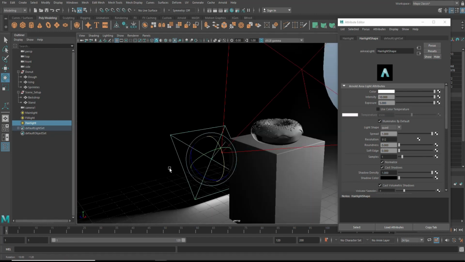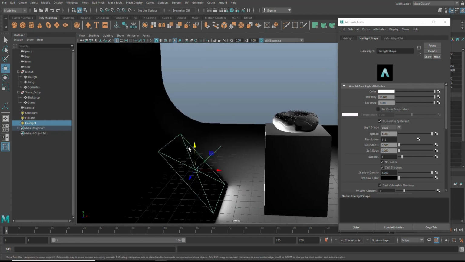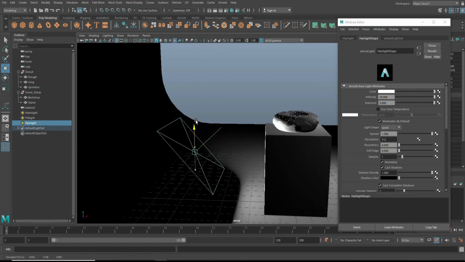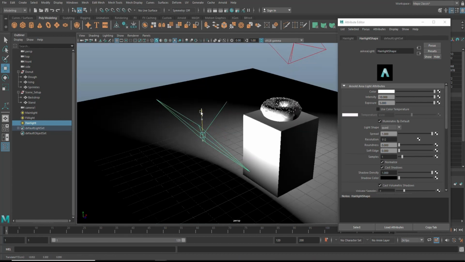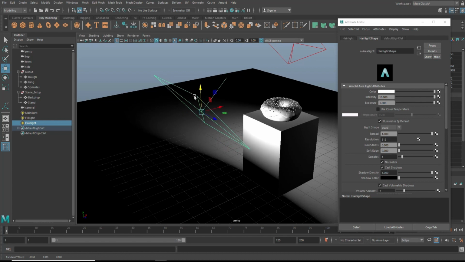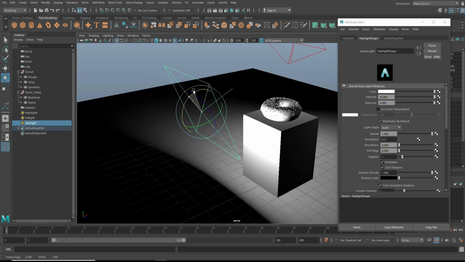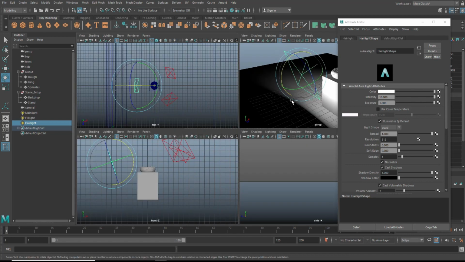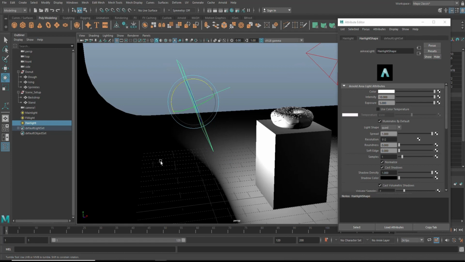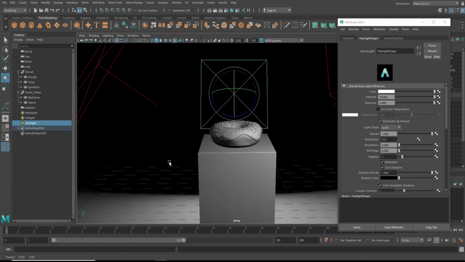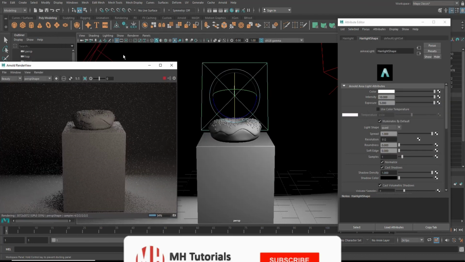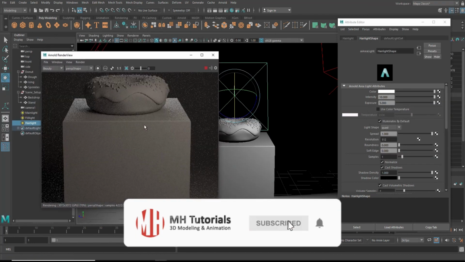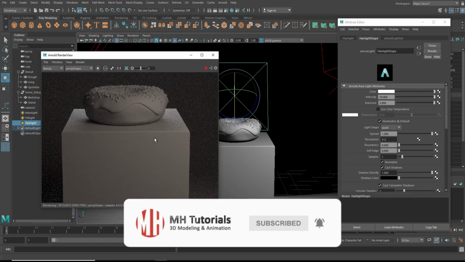Actually, let's do it in the perspective view. And it looks like we just have to raise this up a bit. I'm just looking at what it's doing at the back here. So let's angle it a little bit. And let's see what that looks like. And now we're starting to get somewhere.